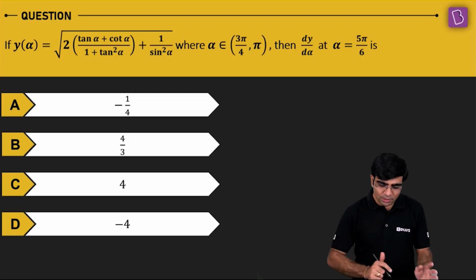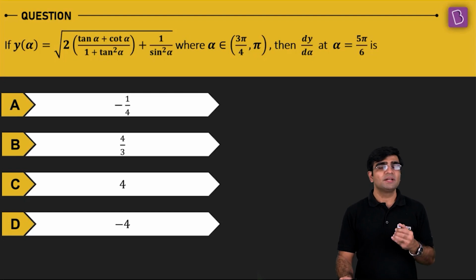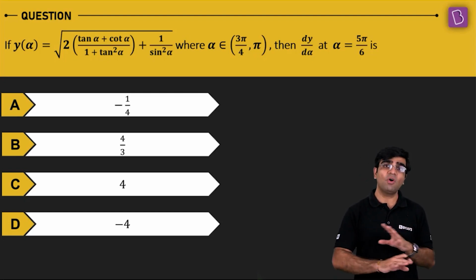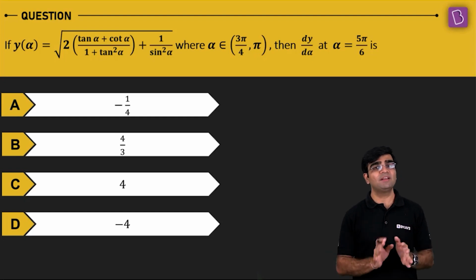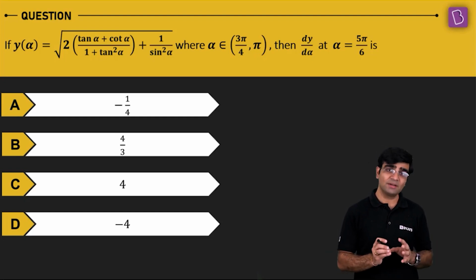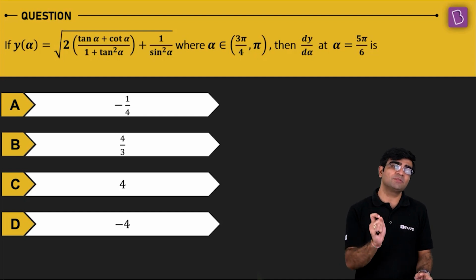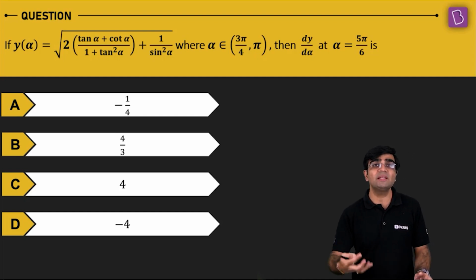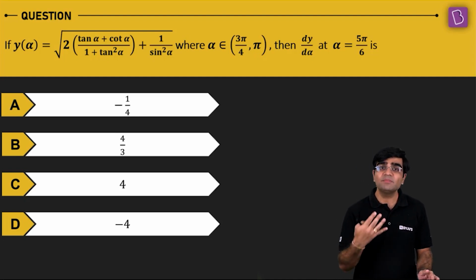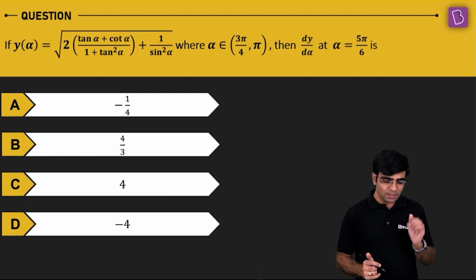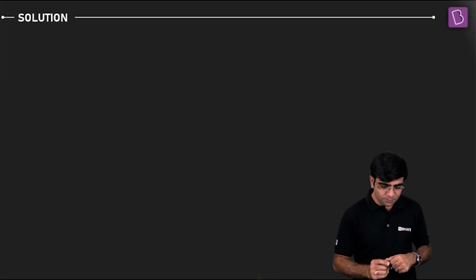Right. Now, if this much information is with you, the first and foremost thing that comes to your mind is to get rid of all the complexity. Simplify as much as you can. You see there are a lot of sine, tan, cos. Please convert everything in terms of sine and cos. Then you'll be able to quickly reach a conclusion. It becomes easier for us to handle it that way. Okay. All right. Let's quickly move on.